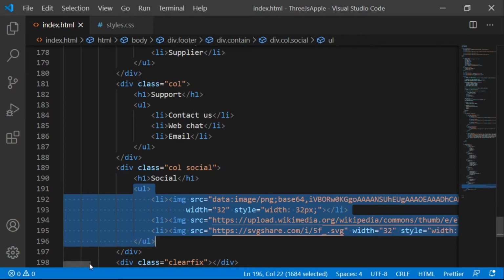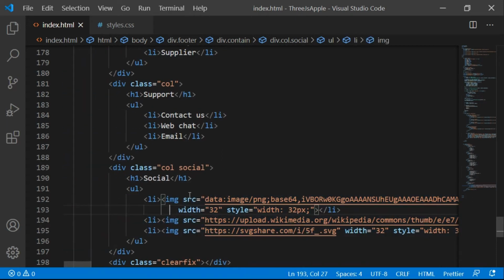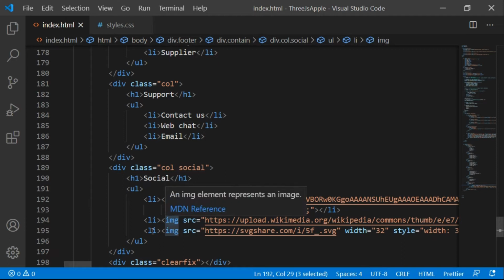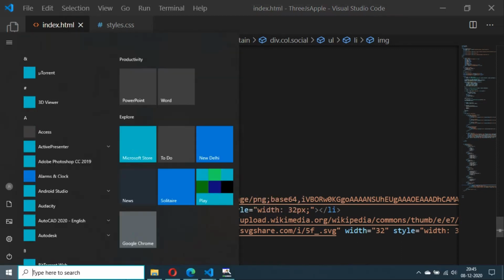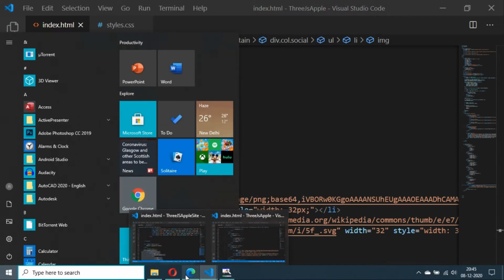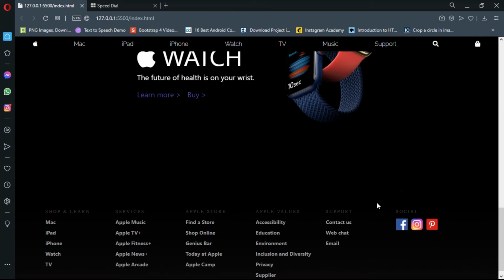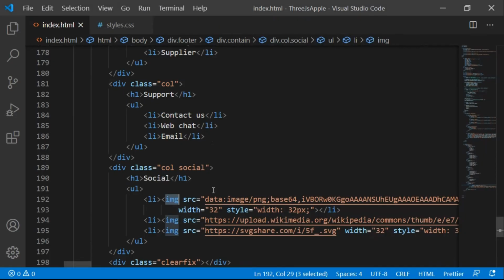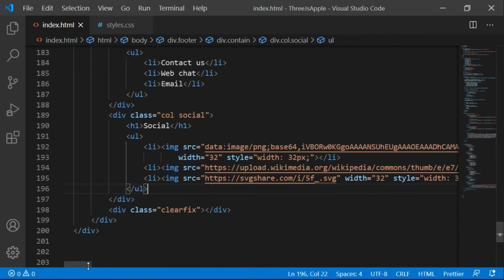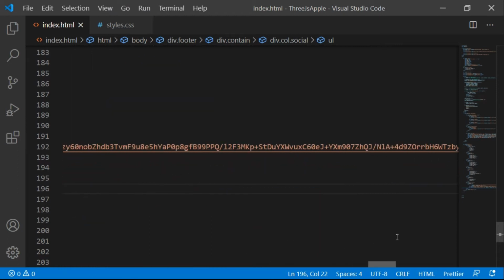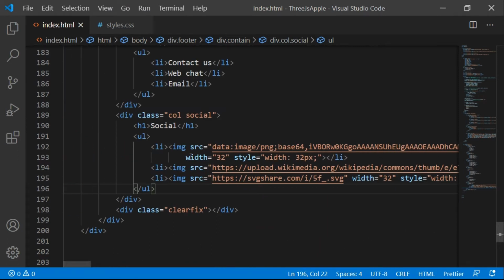inside that UL we're gonna have list items which are gonna have images, and source will be the logo of that particular company, or the social networking site. So let's go here. This is the Facebook, Instagram and everything here. Perfect.